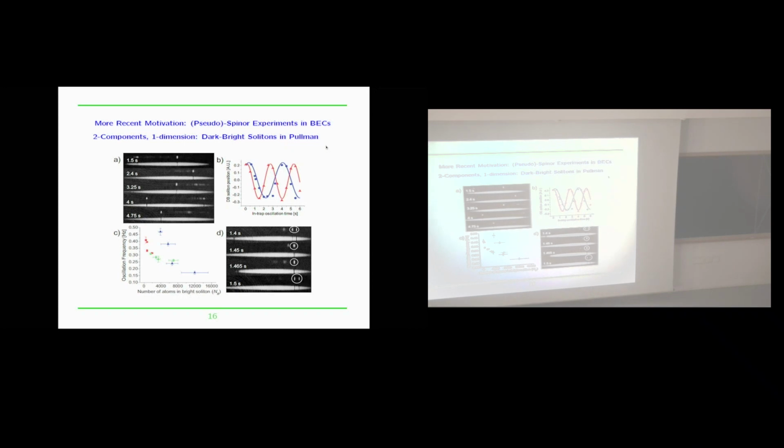This is around 2011 or so, and Peter realized a dark bright soliton as well, and saw also this nice oscillation of a single dark bright soliton in a parabolic trap. So this is yet another experiment in which Peter was actually able to very nicely trace the motion of the center of this dark bright soliton. Moreover, he was able to monoparametrically examine how this frequency of oscillation would change as a function of the mass